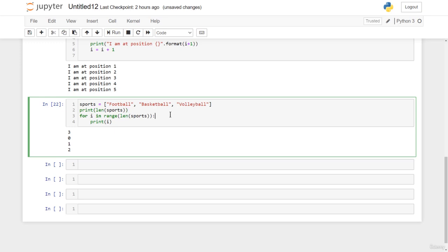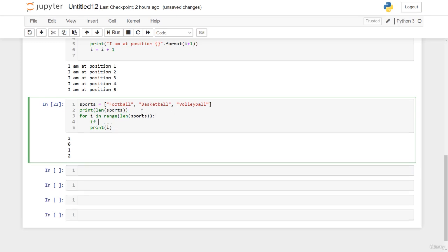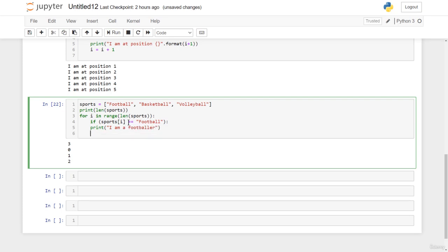Now we can say that if that's for a particular I, if sports I. Now we know that sports 0, for example, is basically this football string. Sports 1 is this, and sports 2 is this. So if a particular sports I is equals, very important to put those brackets. It makes your work neat. So if sports I is actually equals football, we're gonna print out I am a footballer. And then we have